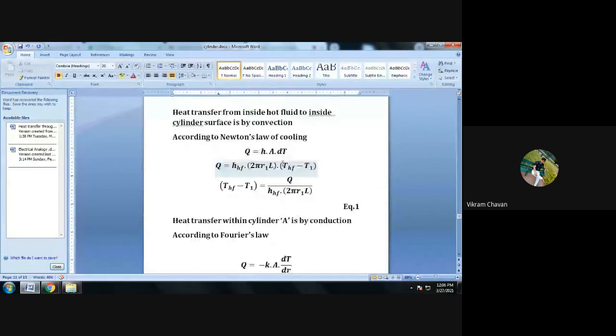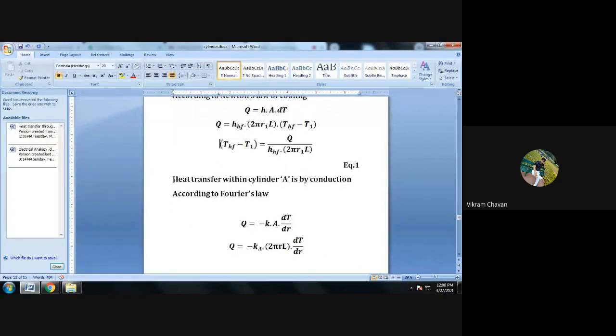Now we have to consider that heat transfer within cylinder A is by conduction. So, according to Fourier's law, write down on the next line: according to Fourier's law,